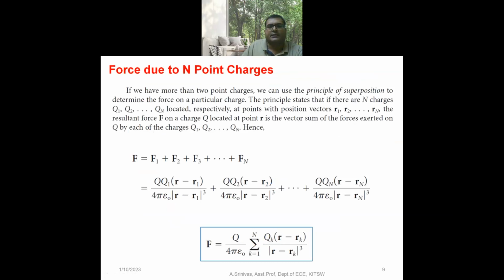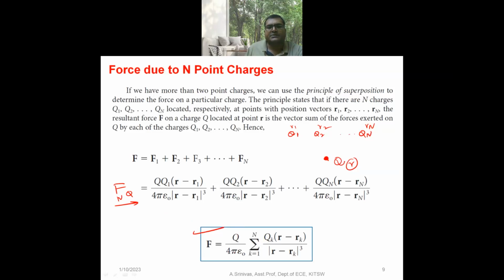Force due to n number of point charges. Here, let us consider Q1 with position vector R1, Q2 with R2, like that Qn with Rn; n number of point charges are there. At a point, we are supposed to calculate the force on charge Q with position vector R. That is, the force on Q due to n number of point charges can be calculated as